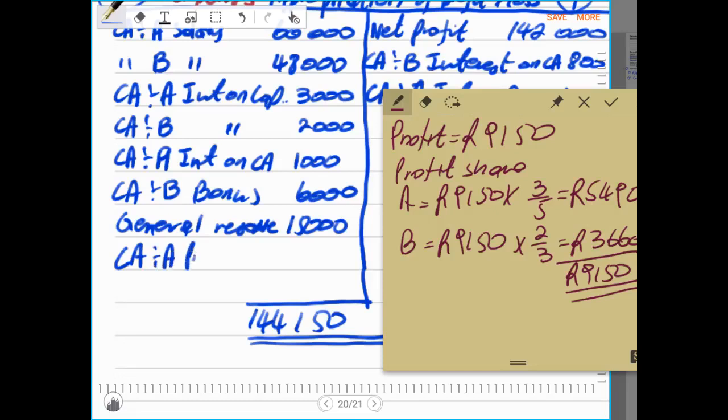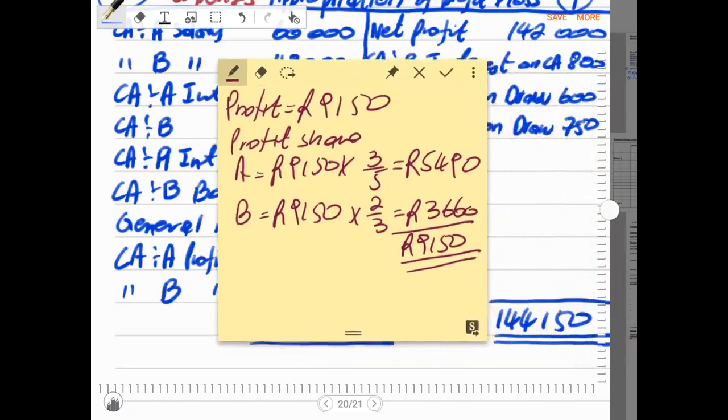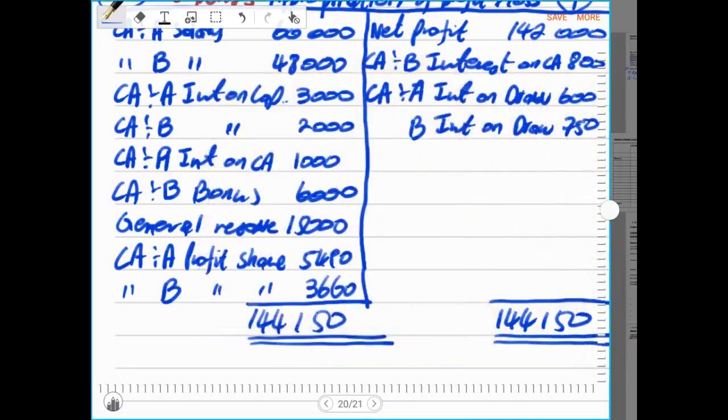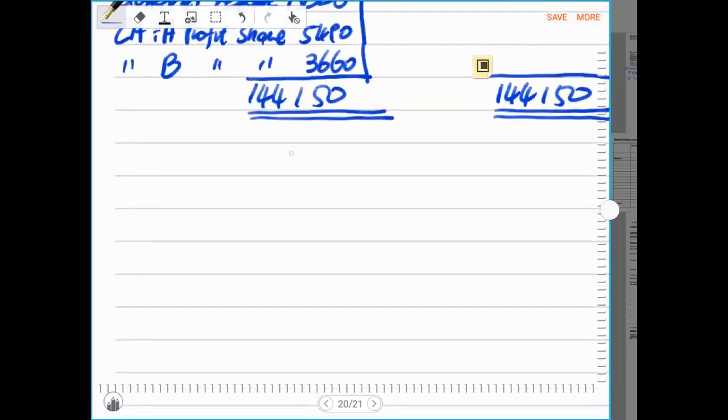partner A, profit share 5,490 and 3,660 is the profit share for partner B, current account. Then after you are done with this, make sure that your debit is equal to your credit. And from here now I will be doing the current account